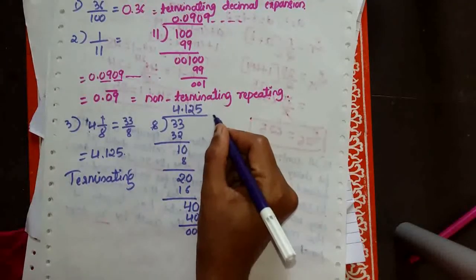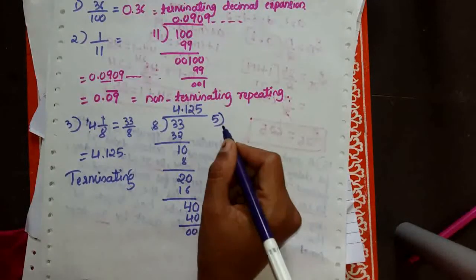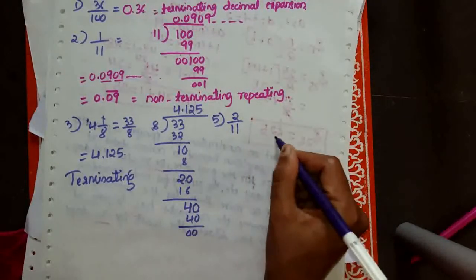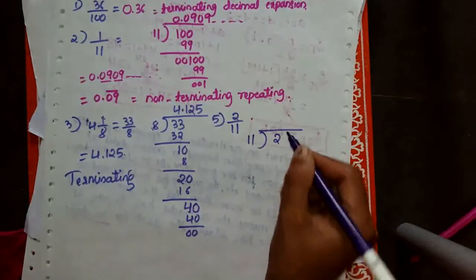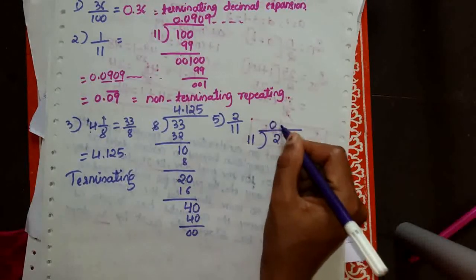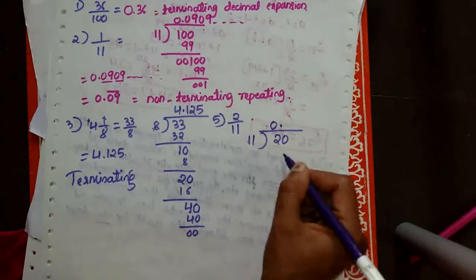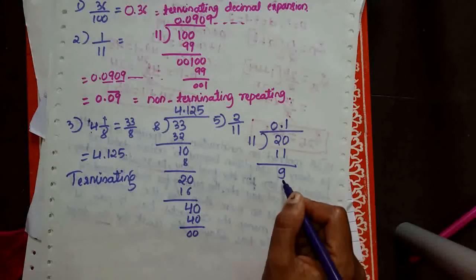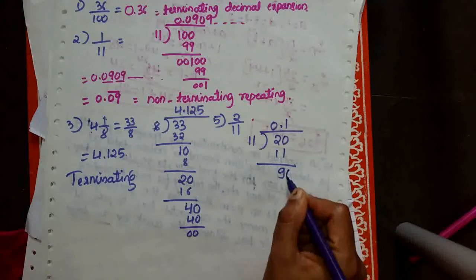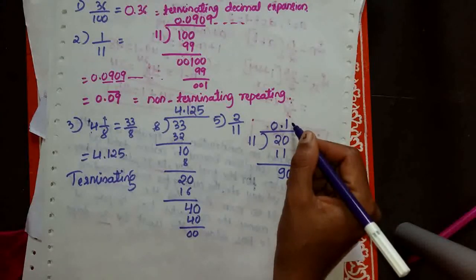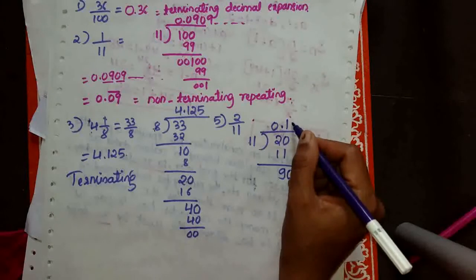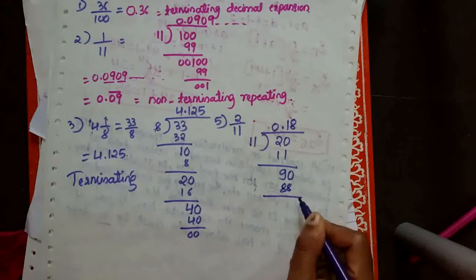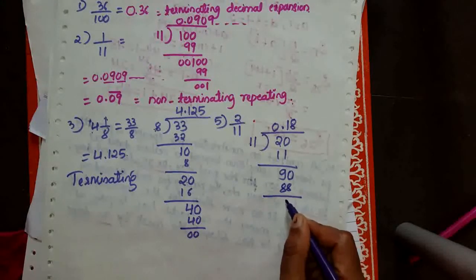So here I take the fifth question directly. I will go with the fourth question later. The fifth question is 2 by 11. I divide 2 by 11. Here 11 doesn't divide 2, so 0. This becomes 20. 11 ones are 11. So 20 minus 11 is 9. Again this doesn't divide by 11, so here I take 0 only, then don't write 0 here. If you take 2 zeros, then you write 0 here. So 11 eights are 88. Then 90 minus 88 is 2.